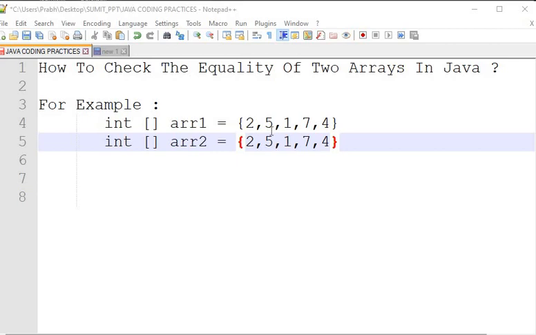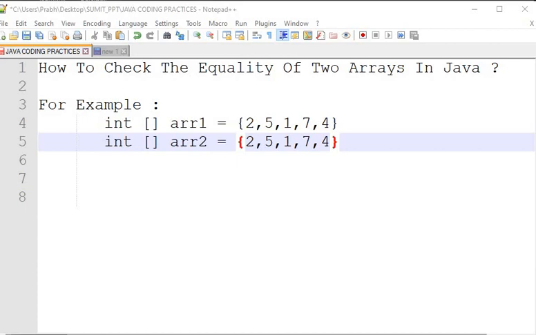If all corresponding pairs of elements are equal, then the given arrays are considered equal. But this method is time consuming if the arrays have lots of elements, and it is not recommended if the arrays are big in size.